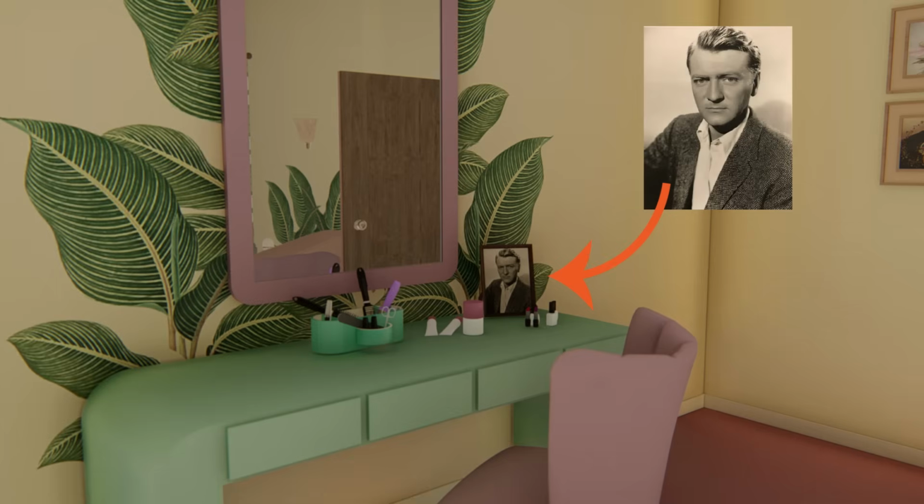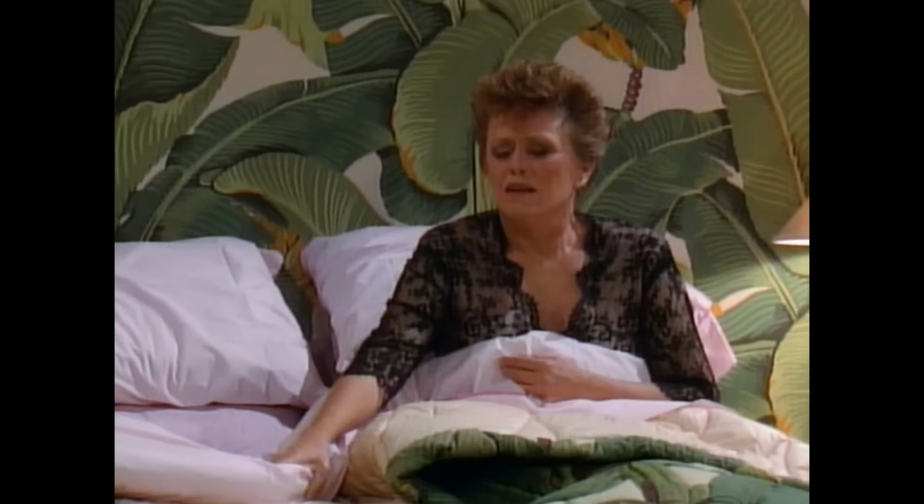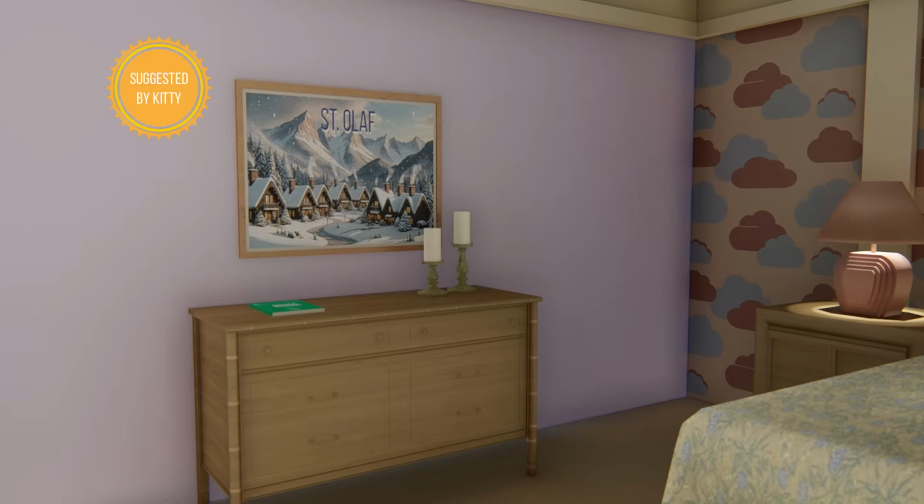And on her makeup table was a young picture of the actor George Grizzard, who played her husband George, who in one episode Blanche believes has returned and was alive the whole time, only to find out it was just a dream. In Rose's room, there's a large picture of St. Olaf,